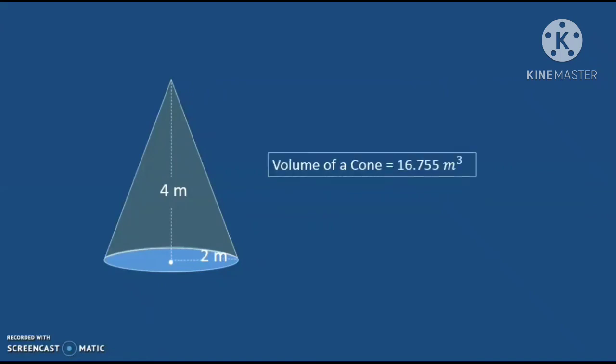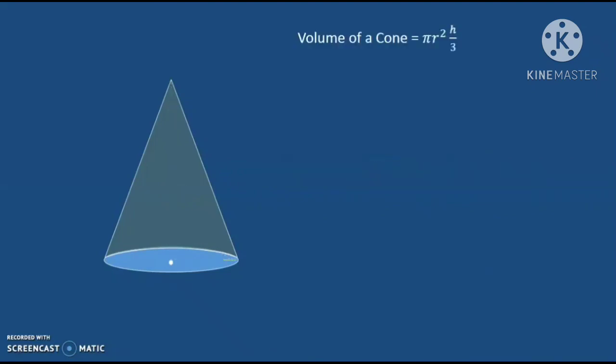Let's do another question together. How can we find the volume of this cone? Well, the formula is the volume of a cone equals πr² times height over 3. So, we have the dimension for our height, which is 3, but we know that our height is not 5 meters. Why? Yes, because for volume the height is referring to the height of the cone itself.